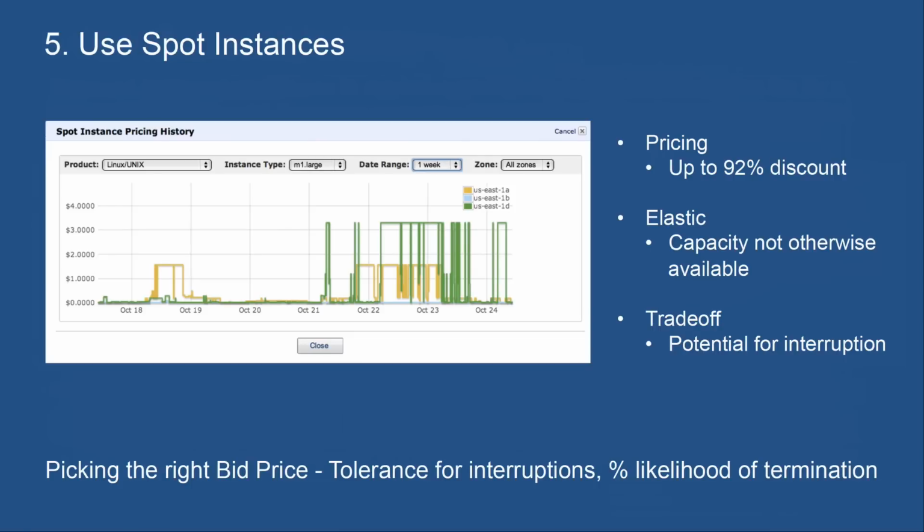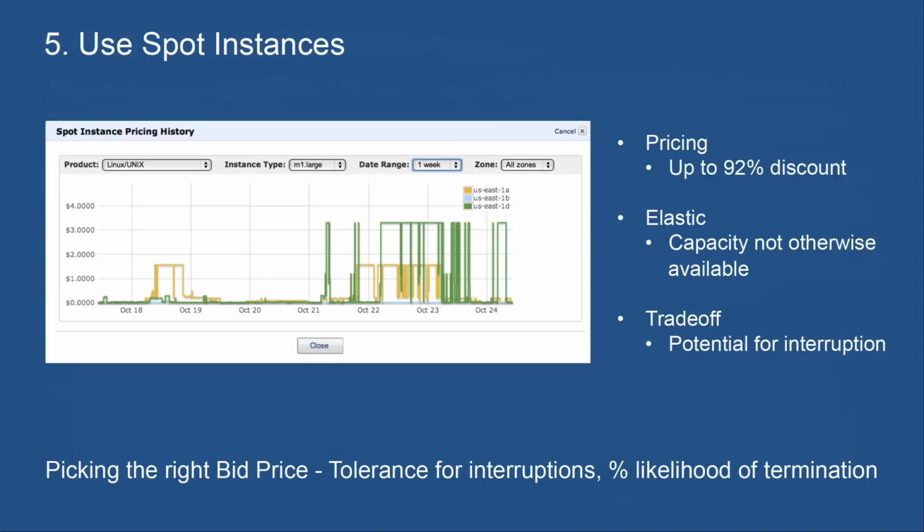Fifthly, you can add to that something called Spot. And Spot instances are a mechanism for bidding on EC2 capacity that's currently unutilized. So you can see, if you go into the console, the current bid price for EC2 instances of various types. And you can place a bid for those EC2 resources.